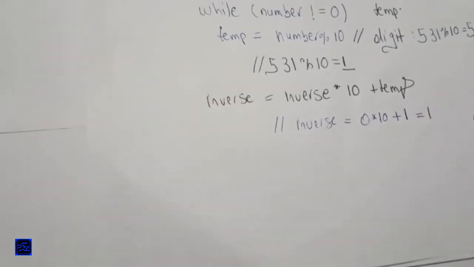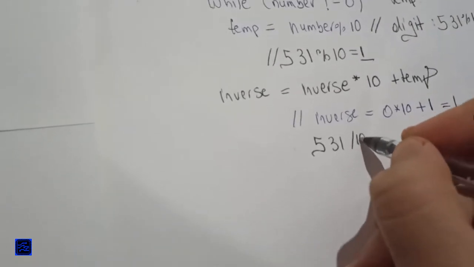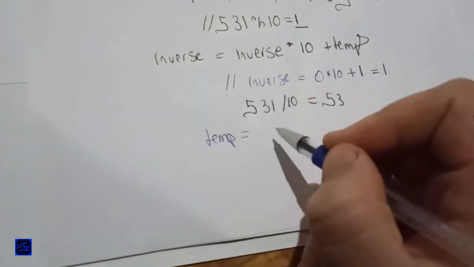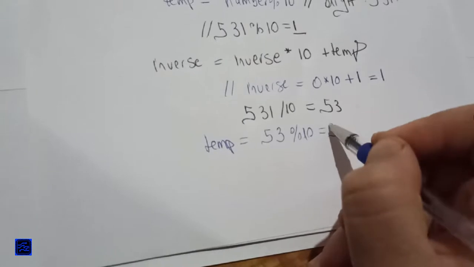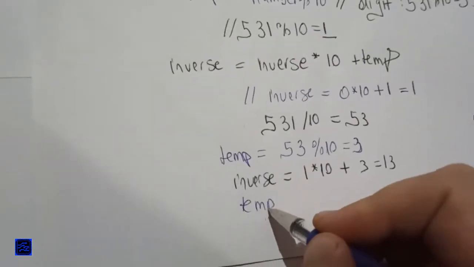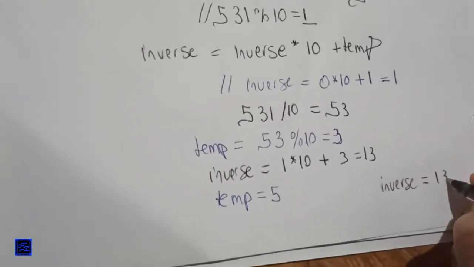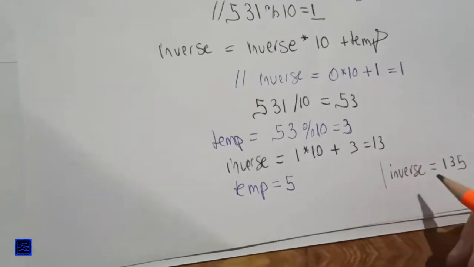Number will be divided by 10. 531 divided by 10 will be 53. Now temp equals 53 residue 10, that is 3. The inverse is 13. And the last temp is 5. Inverse equals 1, 3, and 5. That is the value that will be printed to the user,